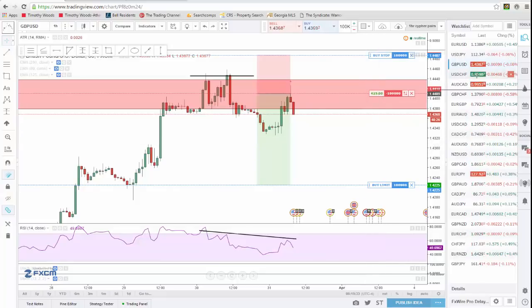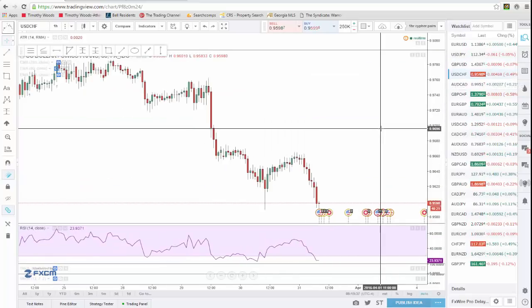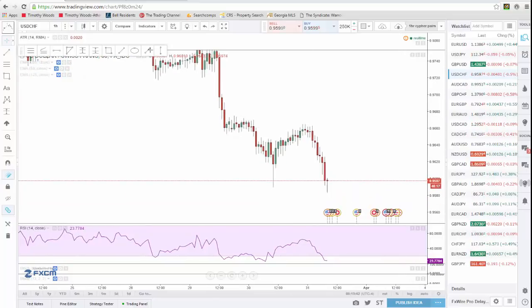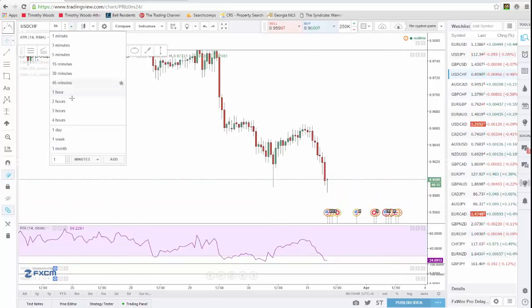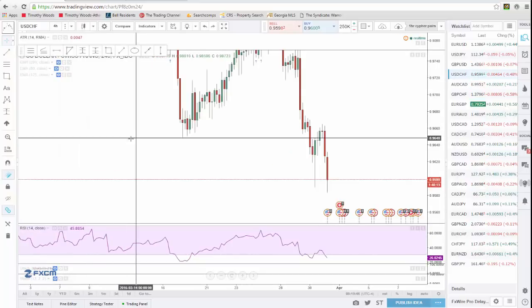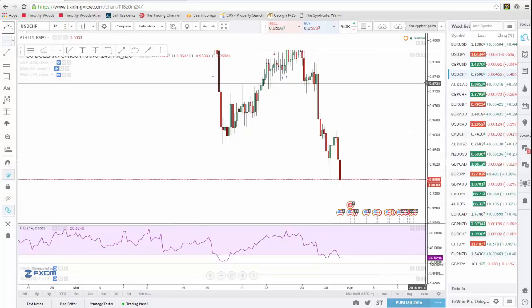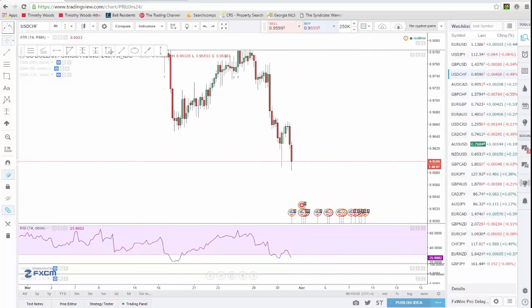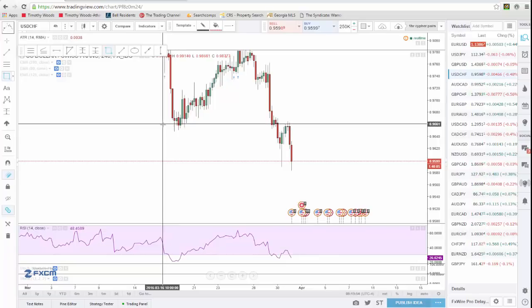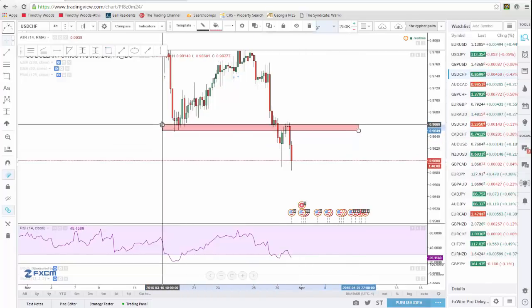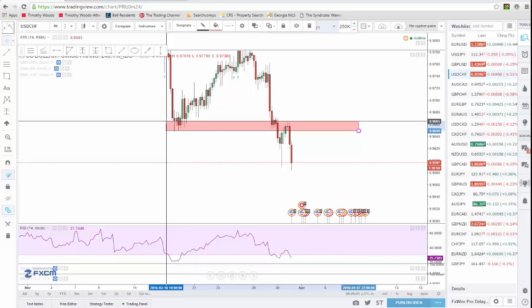We'll continue down the chart here on to the dollar Swiss. The dollar Swiss is not presenting any trading opportunities here. Let's look at the 4-hour chart. So the only way I would be interested in trading the dollar Swiss today is if we come back up into this area here, and even a bit higher. I'd be looking at the top of these wicks.